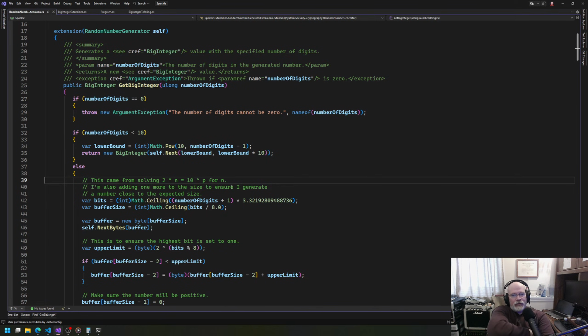Yeah, so notice what I'm doing here. I'm trying to get bytes and bits to do a random generation for a big integer. And so I wanted to say, if I have 10 to the number of digits, p, what would that be for 2 to the number of digits? And so I'm trying to solve for n there. That's the number of bits. What I want to do is say, I have 2 to the get bit length, and I want to get